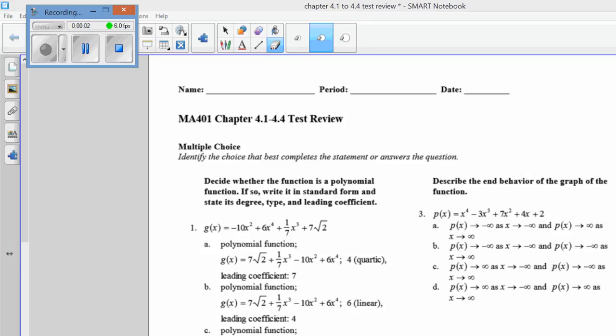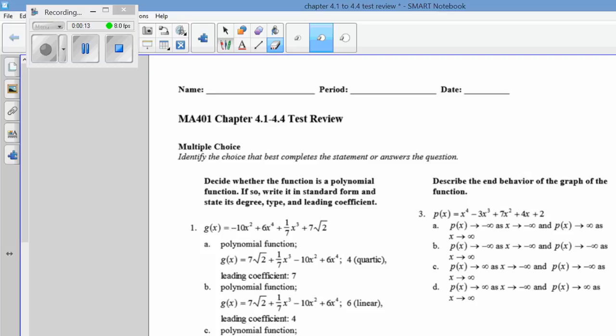Okay, so this is the Chapter 4 review for the Part 1 test, only through Section 4.4, and I'm recording in class again, so hopefully it'll work out, and I won't make mistakes like last time. Anyway, let's get started. So if you look at this, this is a squared, a fourth, a third, and then